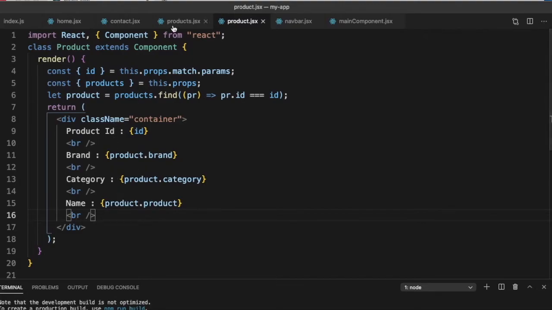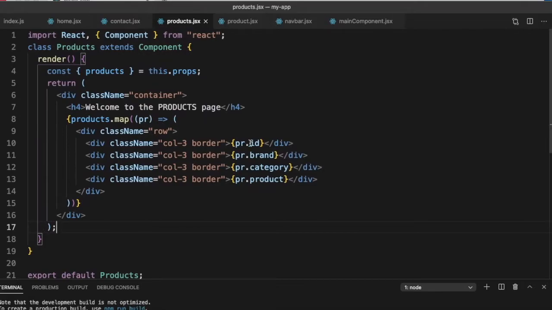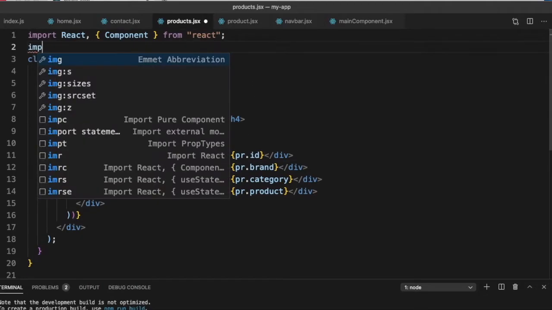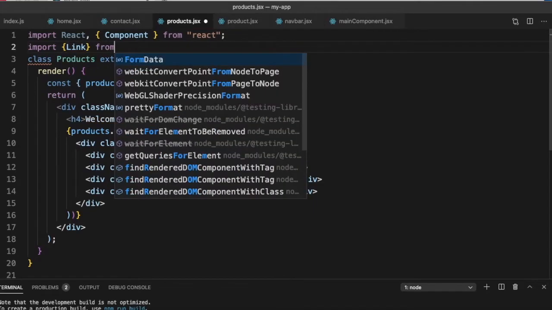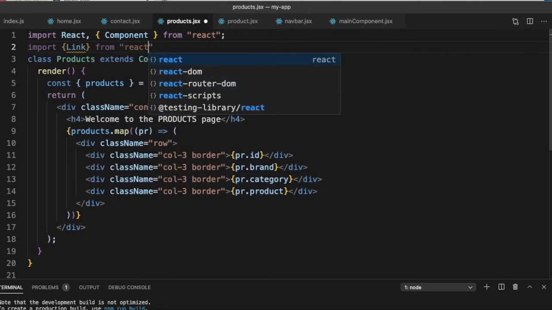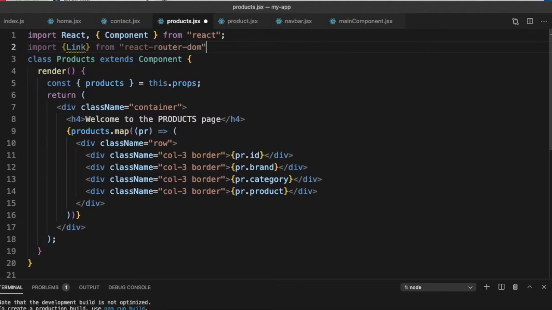Now what do we need to do? The third part was that when we are displaying the products, we want this to become clickable. So we will import Link from react-router-dom, and here we will create a Link.